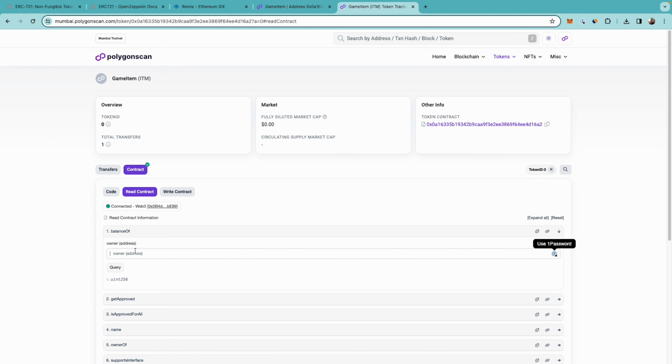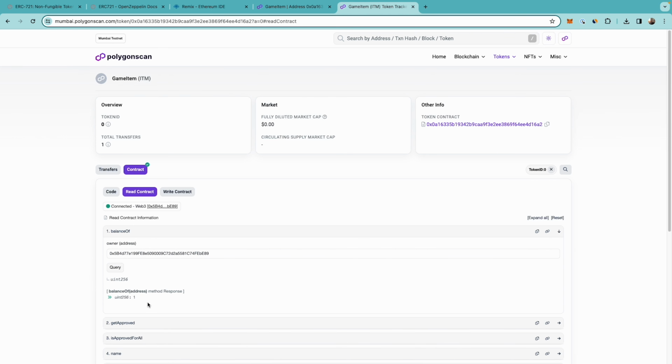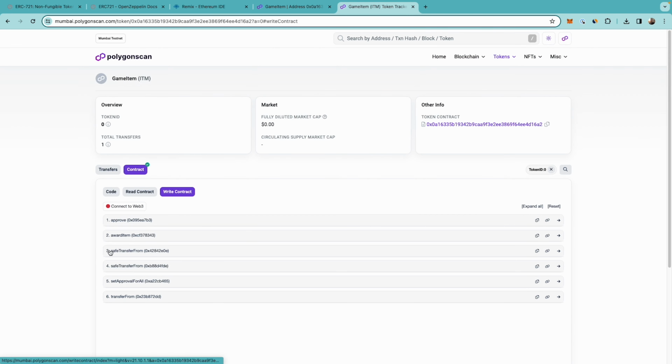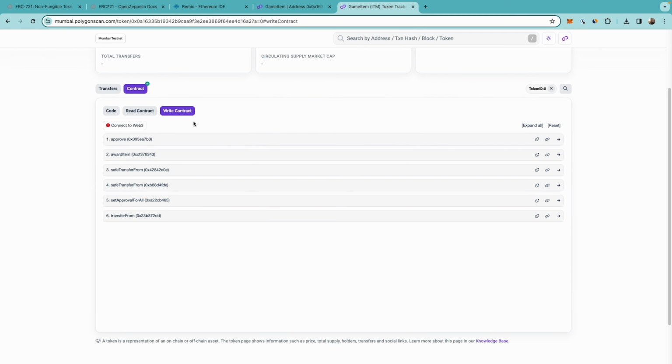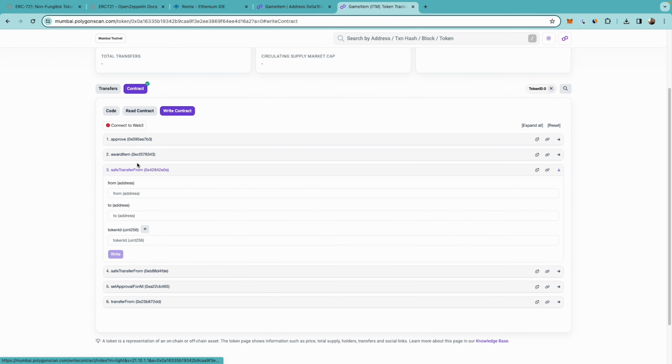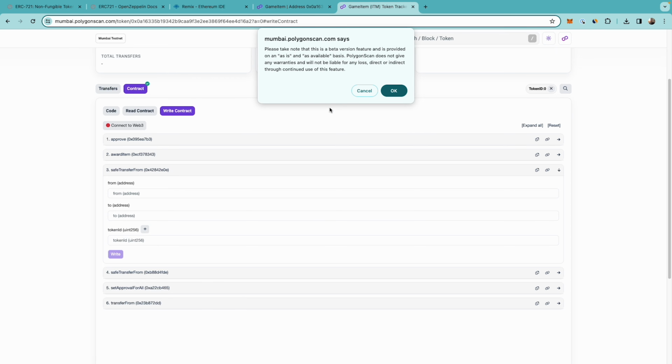If you want to see the balance for this user, he has one token. Now let's transfer this token to a different user. So let's do a safeTransferFrom. First connect our MetaMask